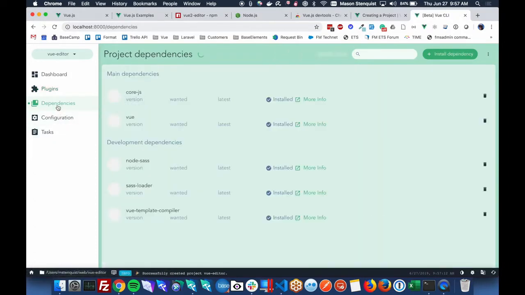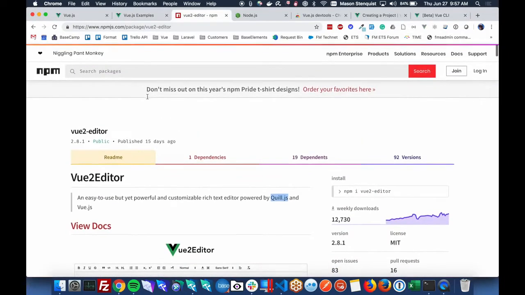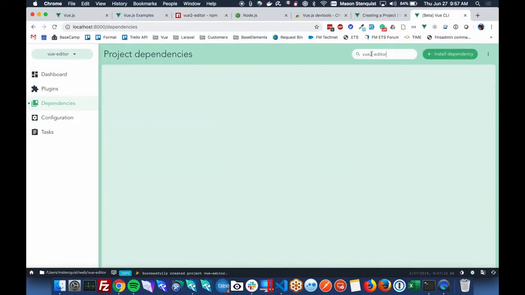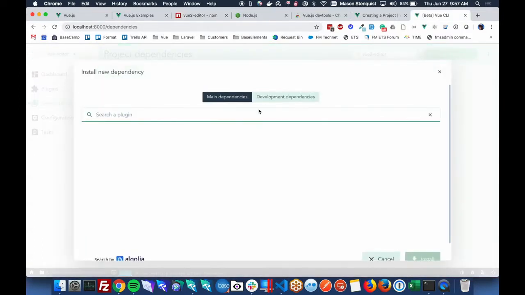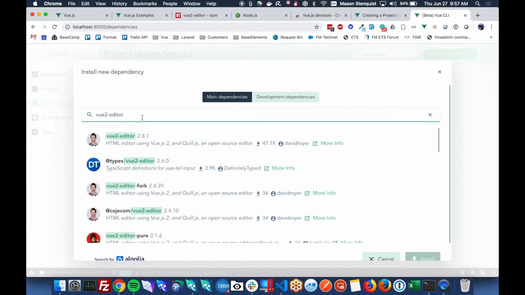So we're going to, let's first of all search and see if we can find this Vue 2 editor. Let's grab that. See if we can find that. So we'll install it. We'll search plugins, and there we go. We found it. So we just click that. We can install,